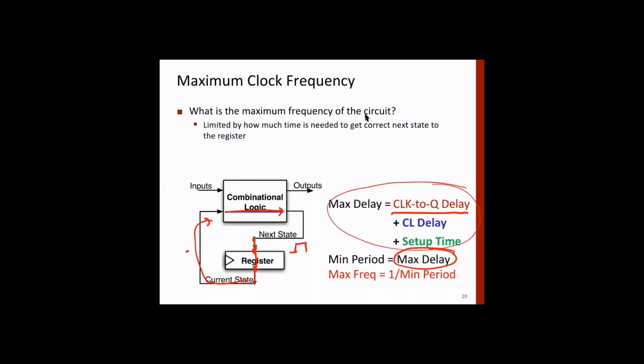So look at various combinational blocks in the data path, and you have to see what is going to take maximum time, and that defines the clock speed. Okay, right? So maximum frequency is the minimum period, which is nothing but equivalent to the maximum delay. So whatever is the maximum delay, that will define the clock speed.